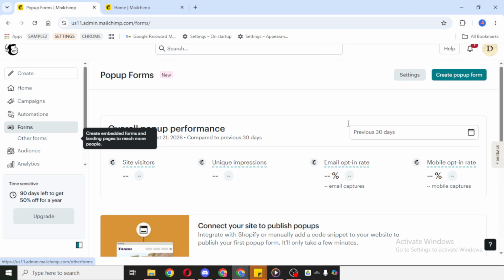This will take you into the Pop-up Form Builder, where you can begin choosing the style and layout that best fits your brand. Once you're in the builder, look for the option to view all templates. Click View All Templates so you can browse the available designs. This is a helpful step because it gives you a better idea of the different pop-up styles MailChimp offers. Some templates may feel more minimal and clean, while others may be more attention-grabbing.